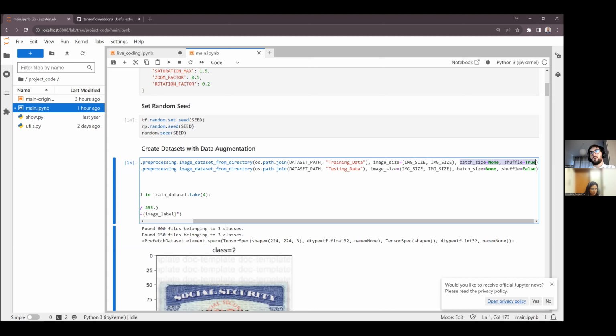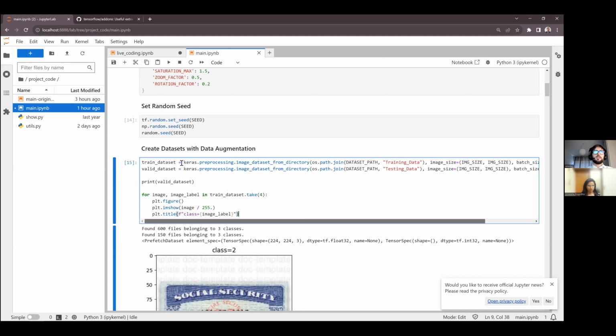and if you want to shuffle your data set or not. You can put false if you don't want to shuffle the data set. You can put none and the data will not be batched, or you can put, let's say, a number 32, 64, etc. if you want to batch the data. I think maybe in the latest version of TensorFlow and Keras, these have been moved to utils from preprocessing. So maybe if you cannot find this function inside your installation, maybe you can go check if it's in Keras utils. But let's say we will get the same thing again now here.